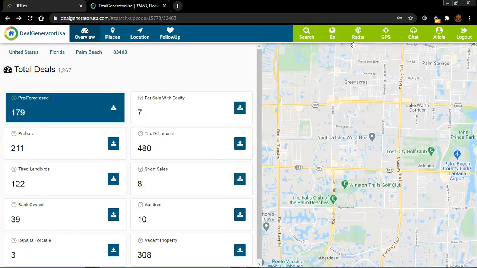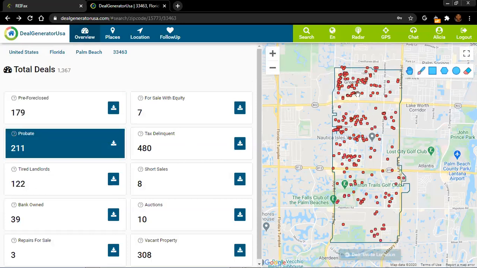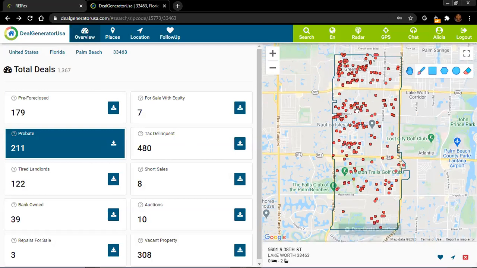From that green dot, it will show you all the little dots of the properties that fit the filter you're selecting. You can then select a couple of those little dots and click on location,